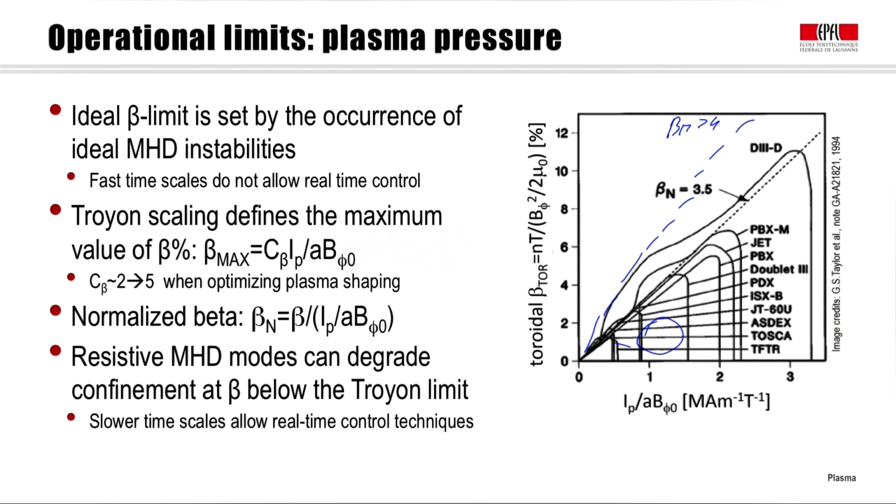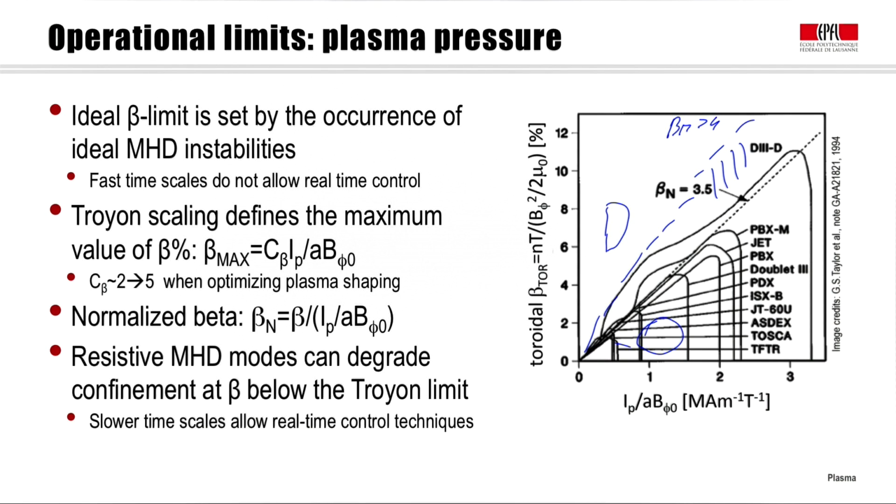So this tells us what we can do to increase the beta limit, the plasma pressure limit, on a tokamak, because this DIII-D machine is a machine that is shaped. The poloidal cross-section is elongated, and it also has a quasi-triangular shape. So by optimizing the plasma shape, we can go beyond this traditional Troyon limit, beta N equal to 3.5. And this also defines the range of operation that we can expect in future plasma devices,